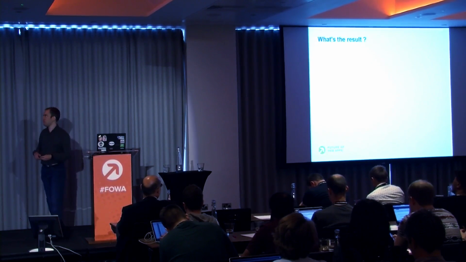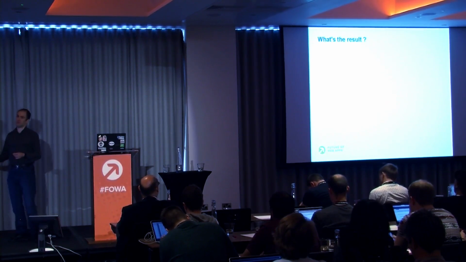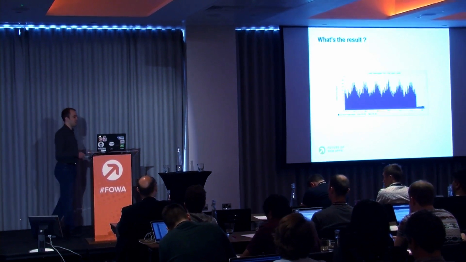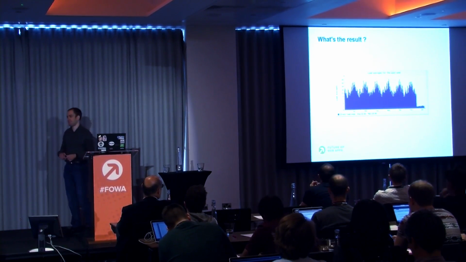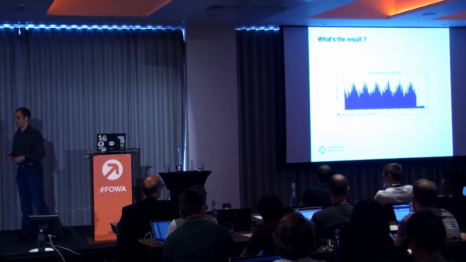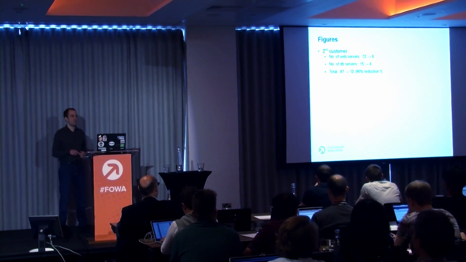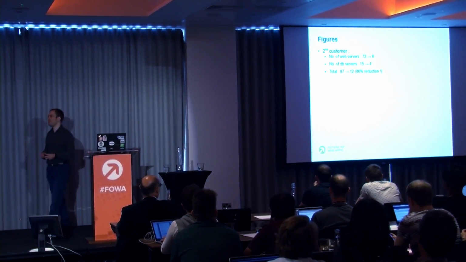So what's the result? I'm going to show a little graph from the second customer where we implemented it. This is the average load on their web and database servers when you enable it. And the reason it drops like this is because we are not actually hitting the web server anymore. We're not doing any GET requests to the web server, which means we're also not doing any calls to the database. So this is purely post requests and maybe a few GET requests where we missed something while re-implementing the thing. So we actually took them from 87 to 12 machines.